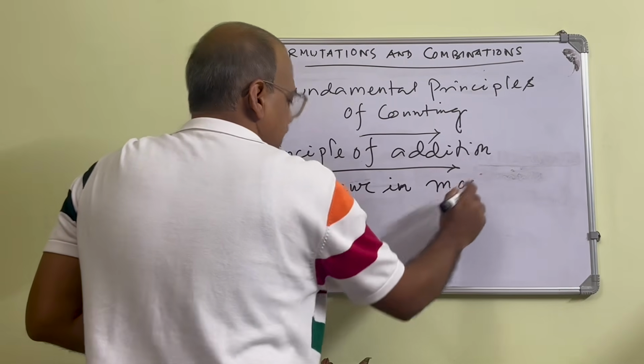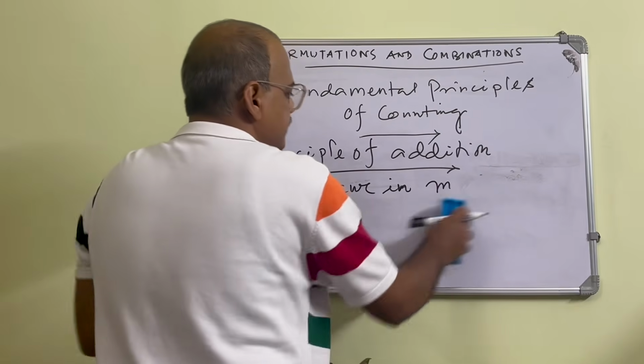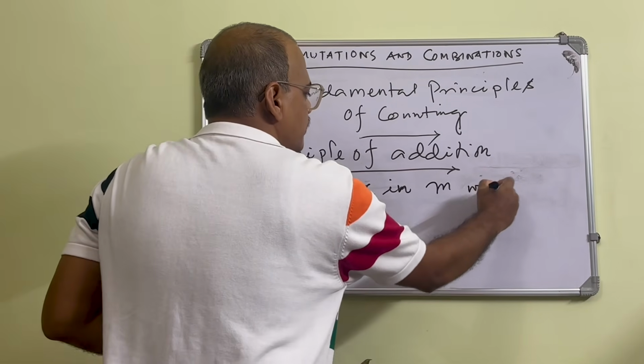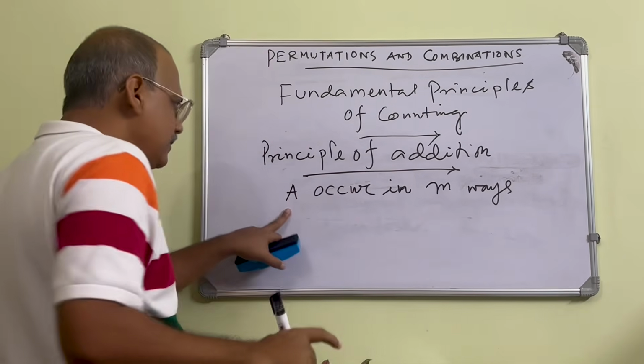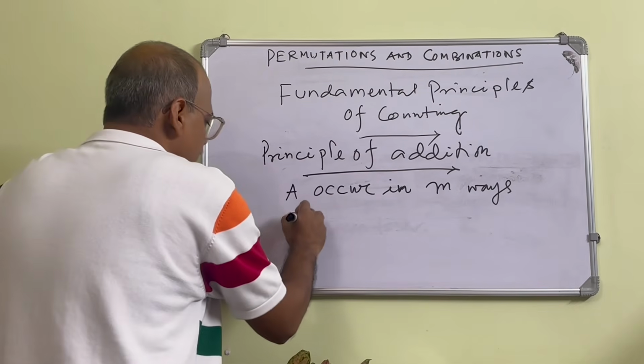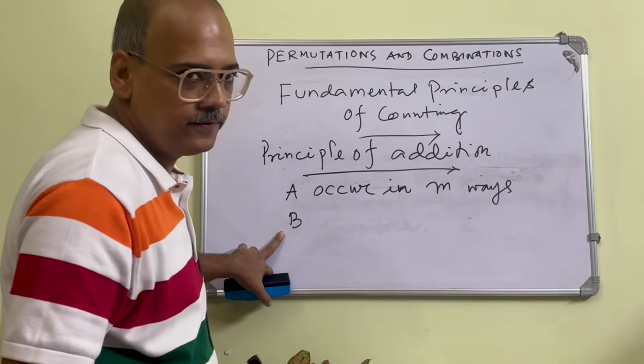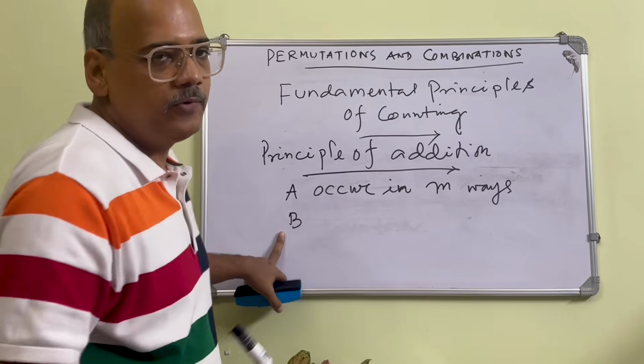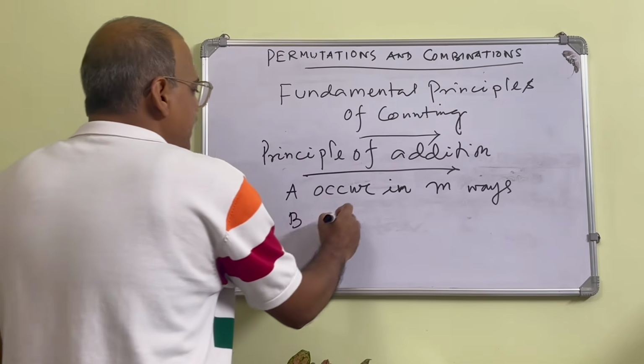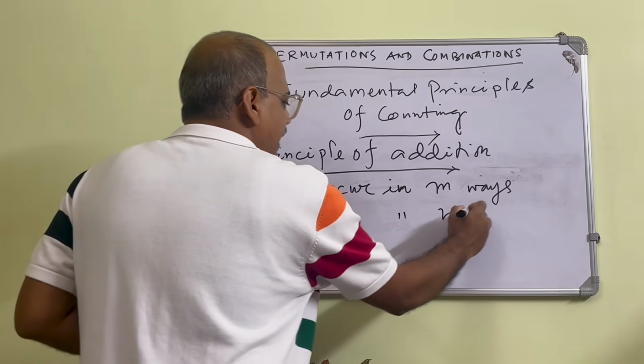I'll explain that. In M ways, and another event which is mutually exclusive. I'll explain what is mutually exclusive. B occurs in N ways,